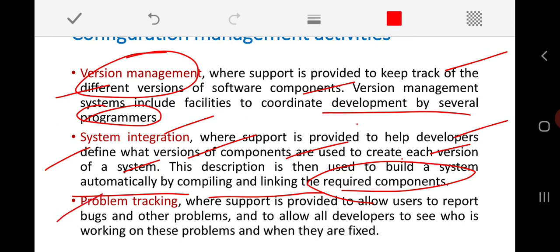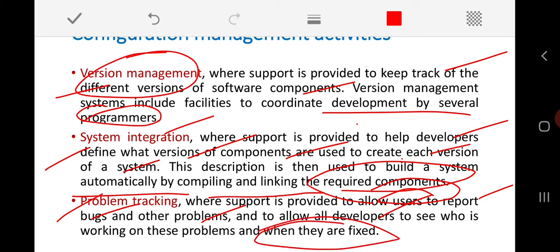The last one is also very important, that is problem tracking. Here the support is provided especially for the end users to report bugs and other problems. With this provision, end users can report the different types of bugs and problems they come across, so that every developer will know which component a particular bug belongs to, who is working on that problem, and whether and when it has been fixed.